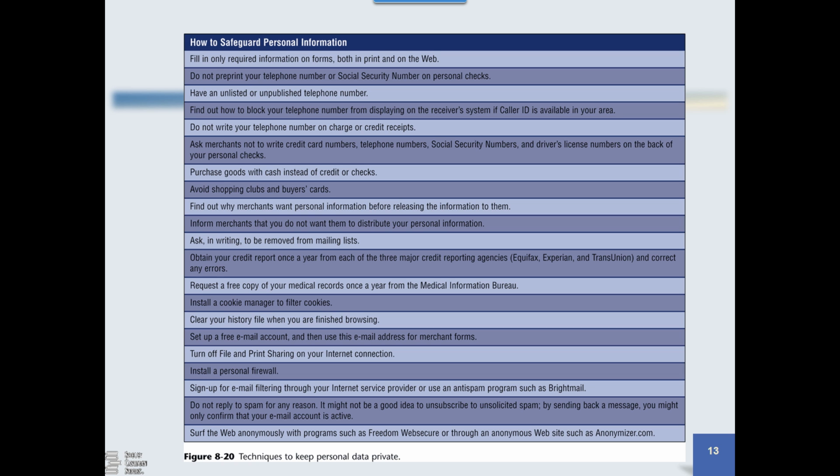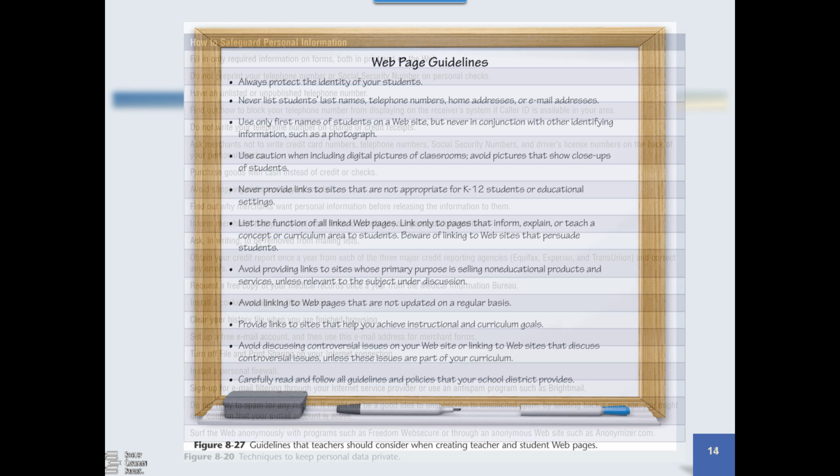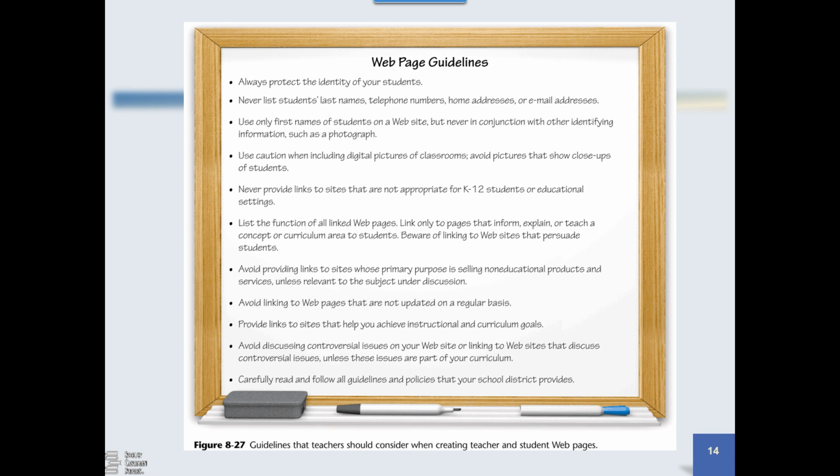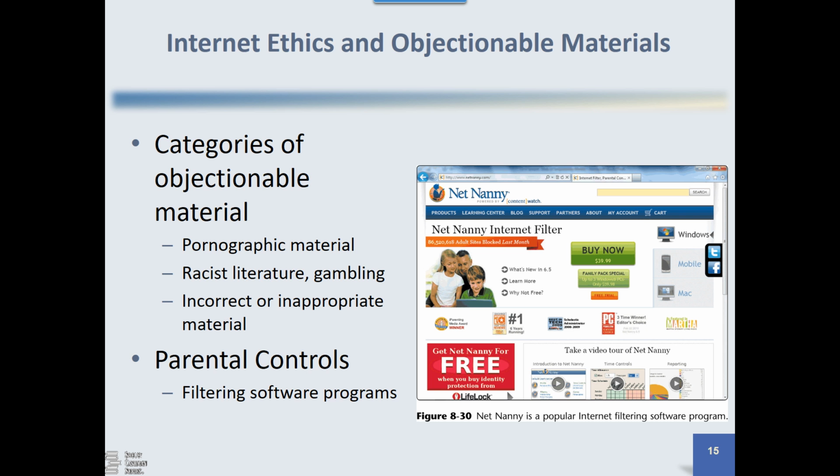Then techniques to keep personal data private, how to safeguard personal information, very, very important. Guidelines that teachers should consider when creating teacher and student web pages. Here are the guidelines for teachers, and that is very important. And most of all,